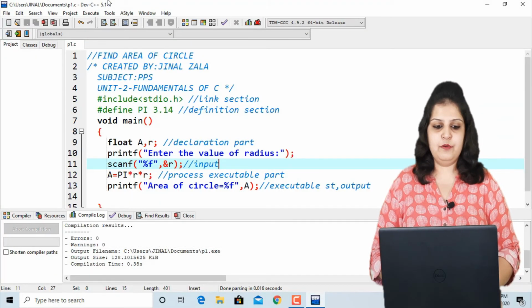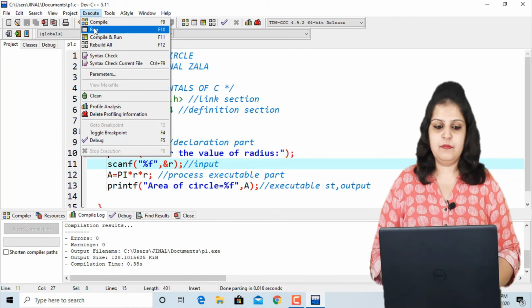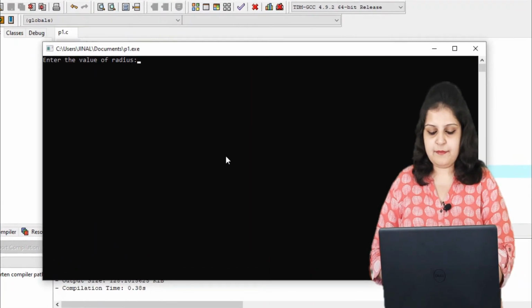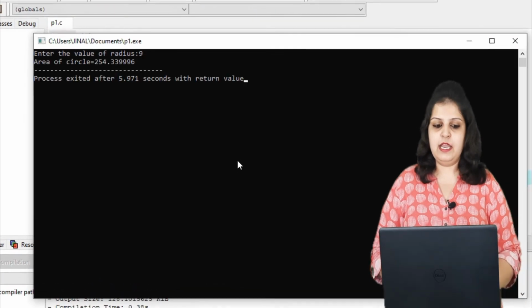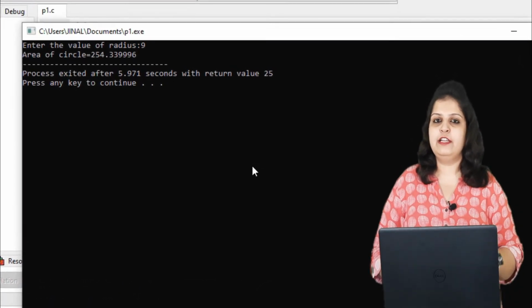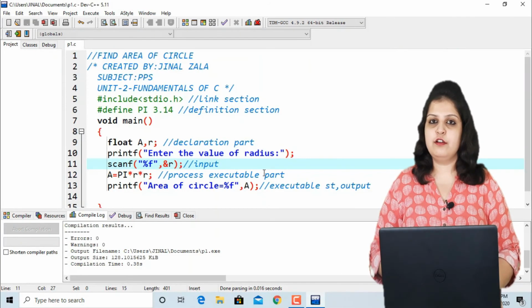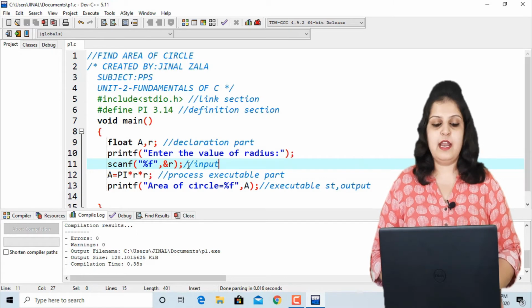Again run the program. Again it will ask to enter the radius, then I am entering, suppose, 9, and it will give you the answer according to our input. So we will always use the scanf function as our input function and the printf function as our output function. So this program is completed here.